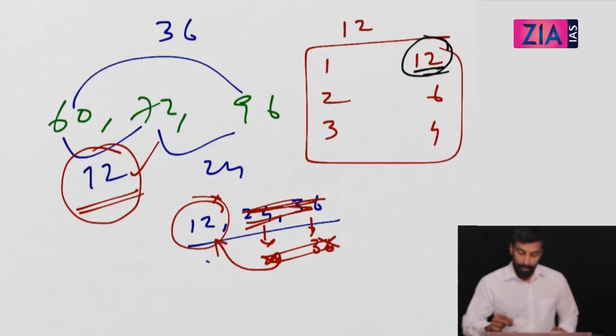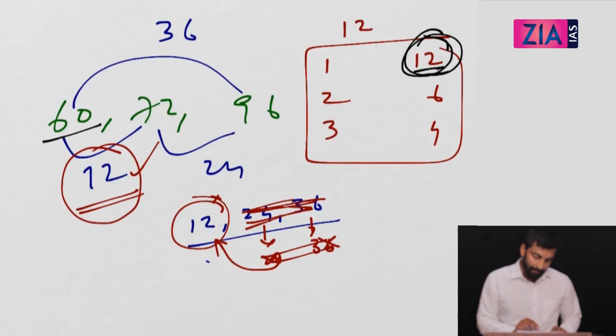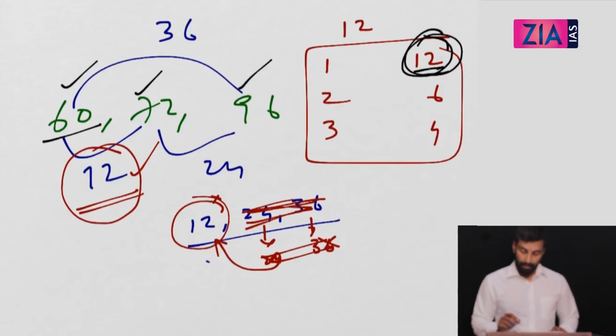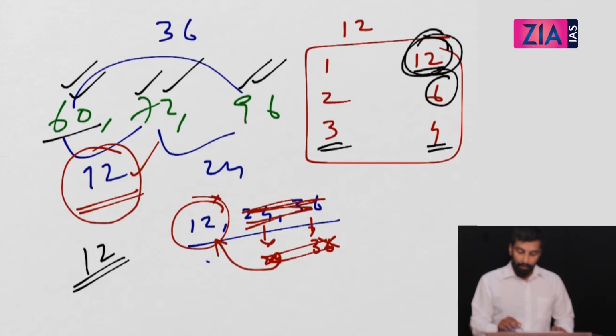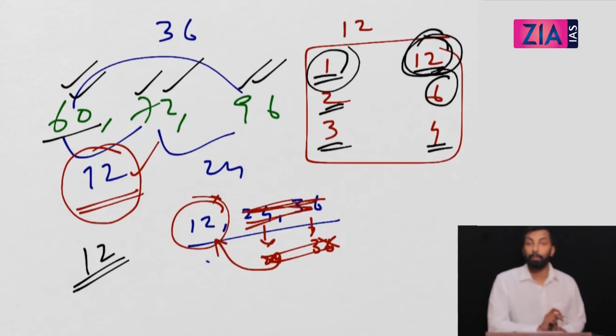So here you take 12 and check whether I can divide 60 with 12. Yes. 72 with 12. Yes. 96 with 12. Yes. Then what is your HCF? 12. If you cannot divide any of the numbers with 12, what will you do? You take the next highest number, 6. Check 60, check 72 and check 96. If you can divide, that's your HCF. If that is not possible, you try with 4. If that can't divide all the 3, try with 3. If that can't divide, try with 2. Or you try with 1. So finally 1 will be the answer.